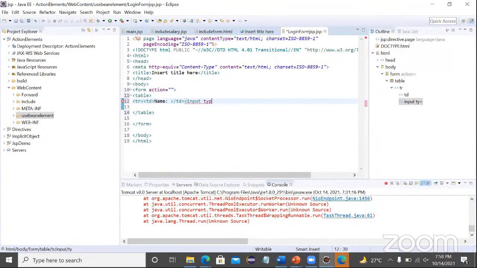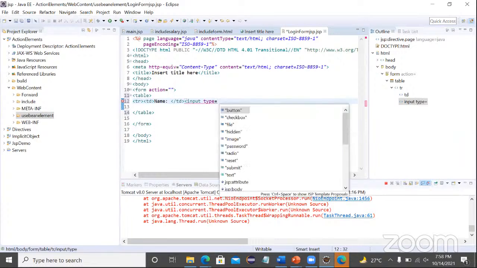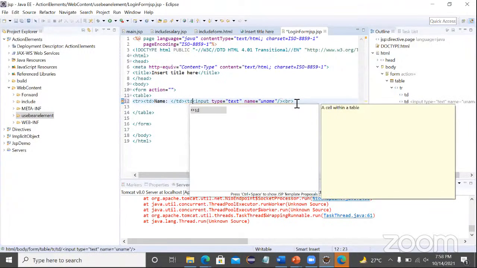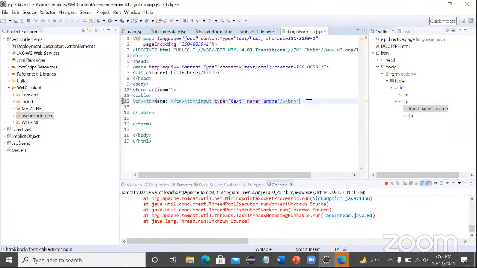Input type equals text, and name equals username. Now it's a BR. Error, because we have to open one TD. So after BR, let's close that. And now close TR. So this is for username,